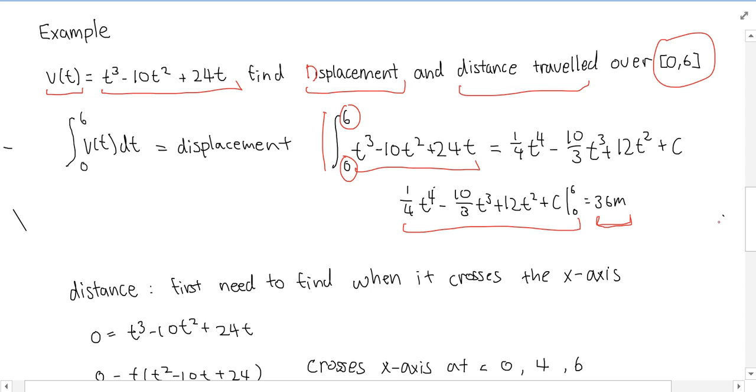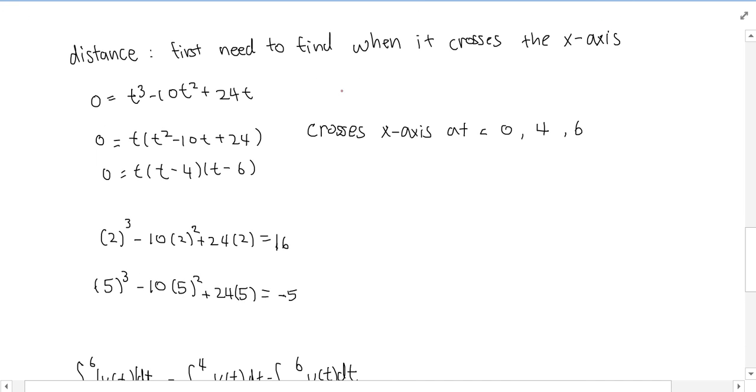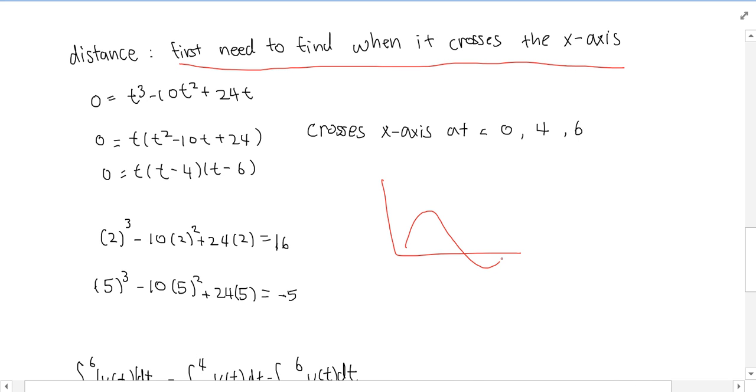Now we have to figure out the distance traveled. To do that, we first need to find when it crosses the x-axis. So when does the function cross the x-axis? On the graph, I'm not sure exactly what it will look like, but it might look something like this. We have to find exactly when it crosses this x-axis, so we know that the area below the x-axis,